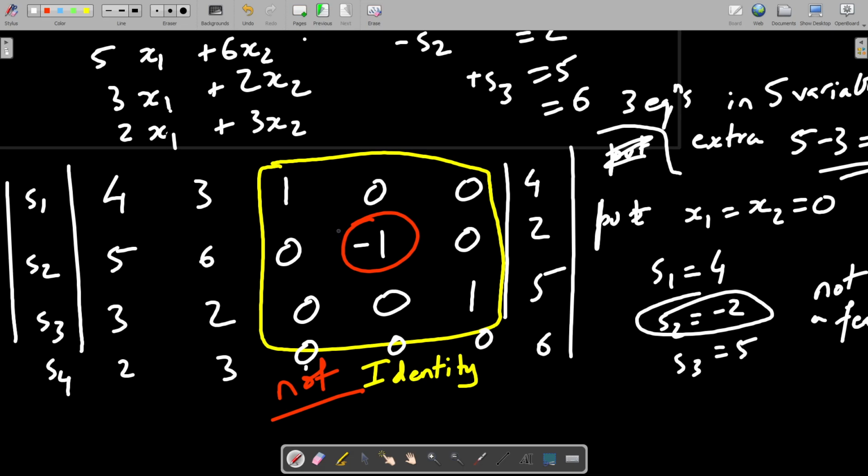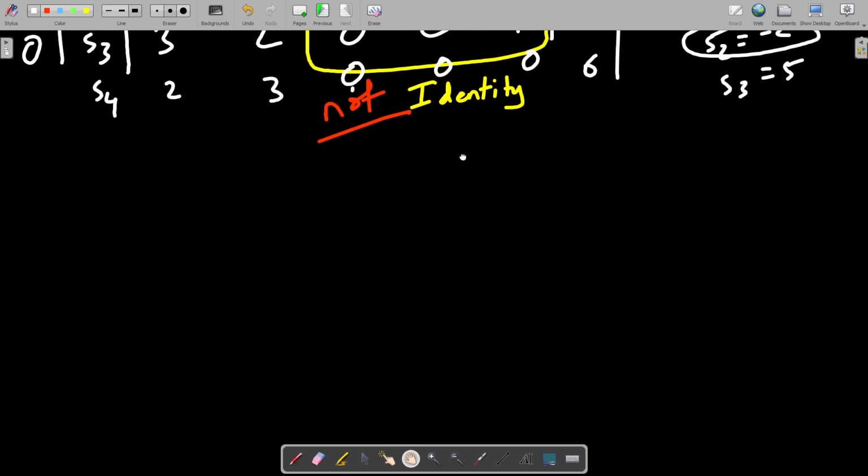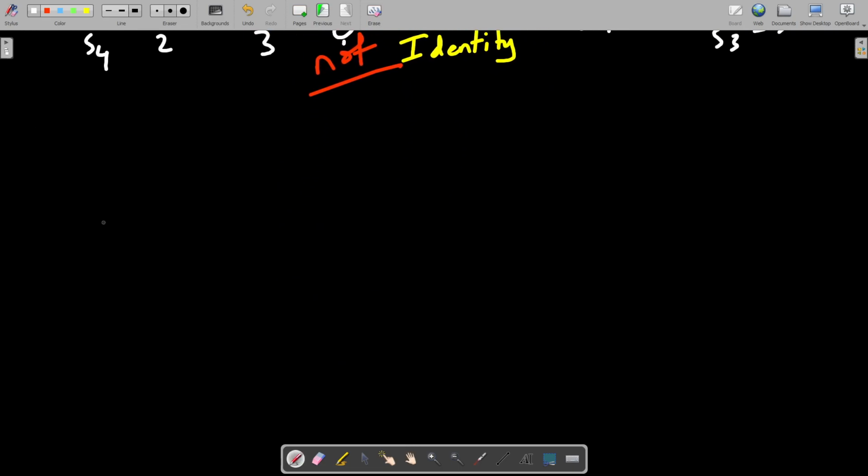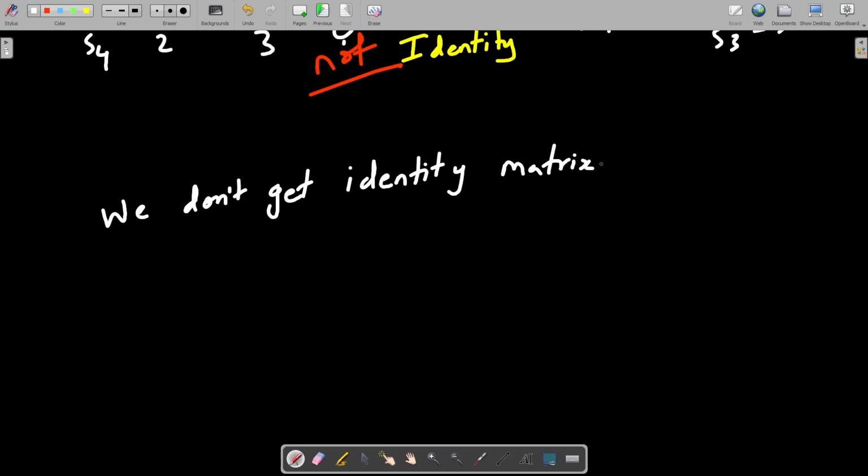No. Right? So two situations are the cause of the trouble. We don't get an identity matrix there. This is actually the situation of no basic feasible solution.